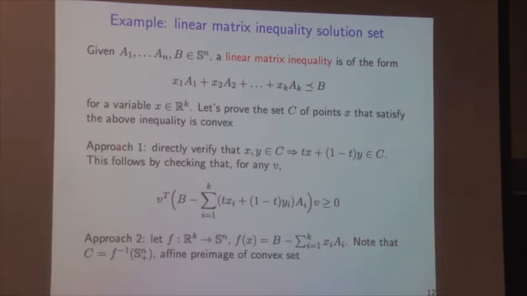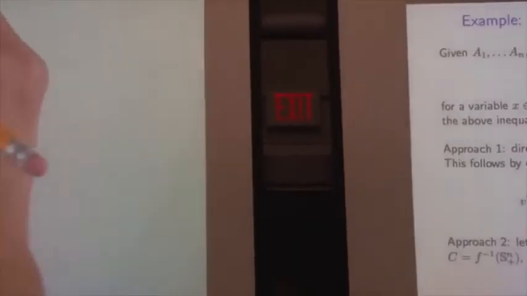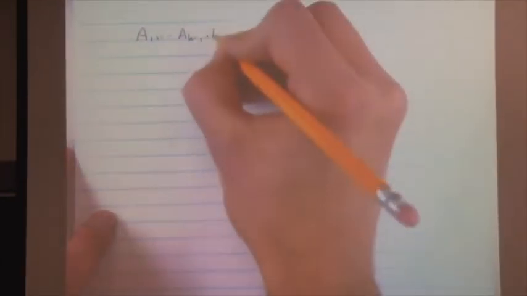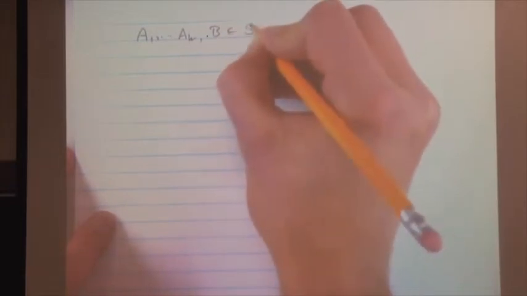So here are two things you can prove right away with these operations that preserve convexity. We'll go through both of them. The first is that anything we call a linear matrix inequality is a convex set. So if you give me matrices A1 through AK, another typo, sorry, and another matrix B, which are symmetric matrices,